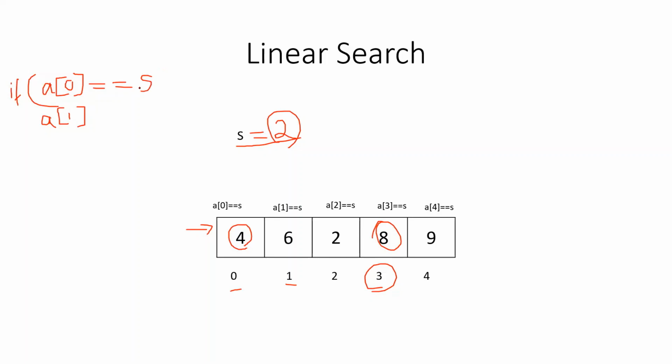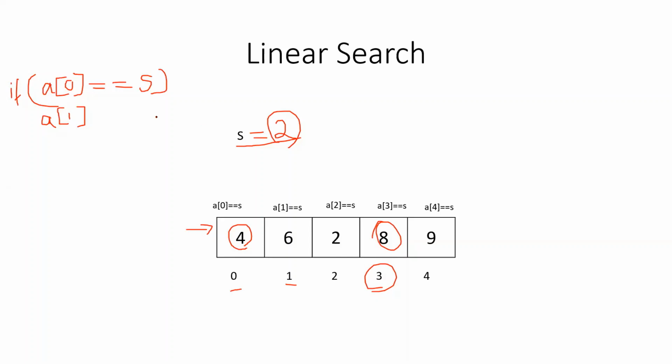You know what is the value of s? S is 2. Right? So I'm checking without using the actual number, because I'm generalizing so that I can use it for all the instances. Suppose this time I enter 2, next time I'll enter 8, right? So I cannot write constants 2 or 8 here, I'm giving a variable name. If the element at A of 0 is equal to the value of S, then I will tell the position of the number is 1, right?